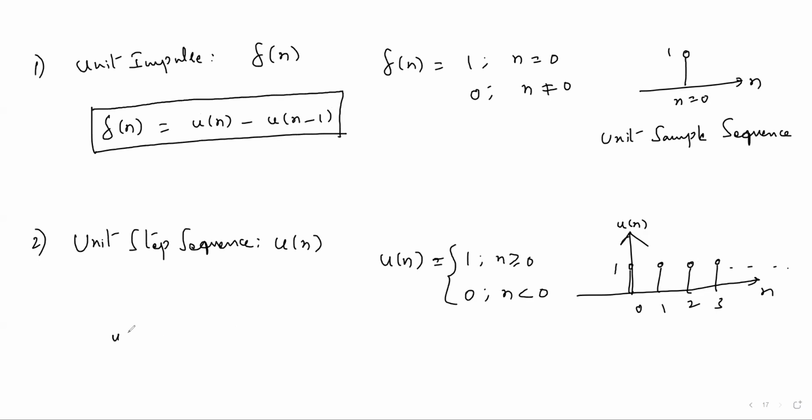Whereas u of n we can write in terms of impulse function as this is del of n. So this is del of n minus 1. This is del of n minus 2, n minus 3, and so on. So sum of all these samples means del of n minus k. We add all the samples, k value starting from 0 to infinity. You will get corresponding u of n.